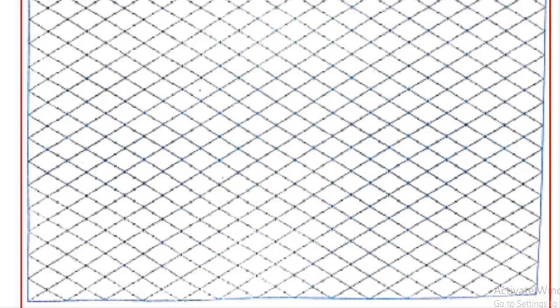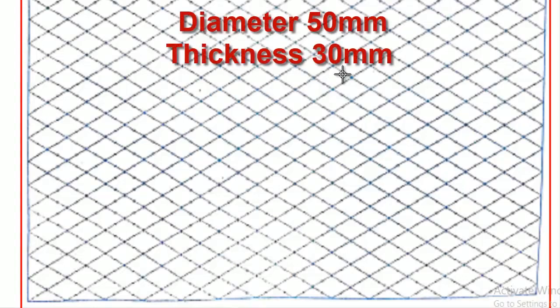So first I will take an example of cylinder. In that, I will take the vertical placing cylinder. Now, when they give the data, they will give the cylinder diameter and thickness. So I will take an example here. I am not taking any problem dimensions, I will take general dimensions. First we will learn the technique, after that we will go to the problems. So I will take a cylinder of 50 mm diameter and 30 mm thickness. Draw the isometric view of that.